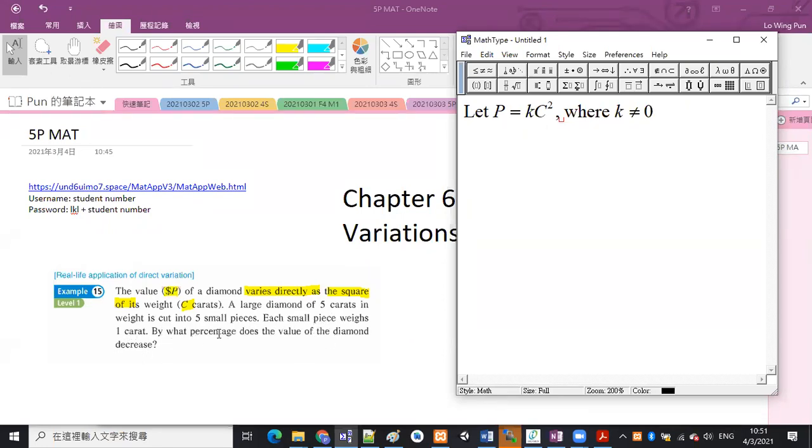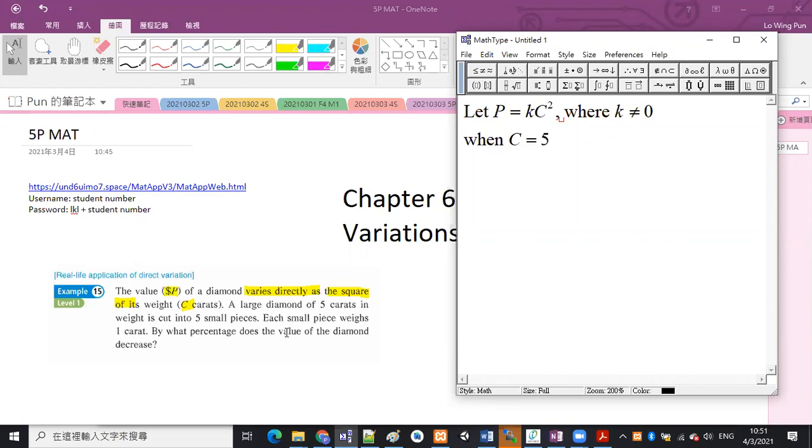By what percentage does the value of the diamond decrease? 本身有一個5卡嘅鑽石，然後將佢切碎成為5粒細啲嘅鑽石，每粒重量就係1卡。然後問你個 value 減少咗幾多 percent？我哋先睇本身5卡嘅 value 係幾多，when